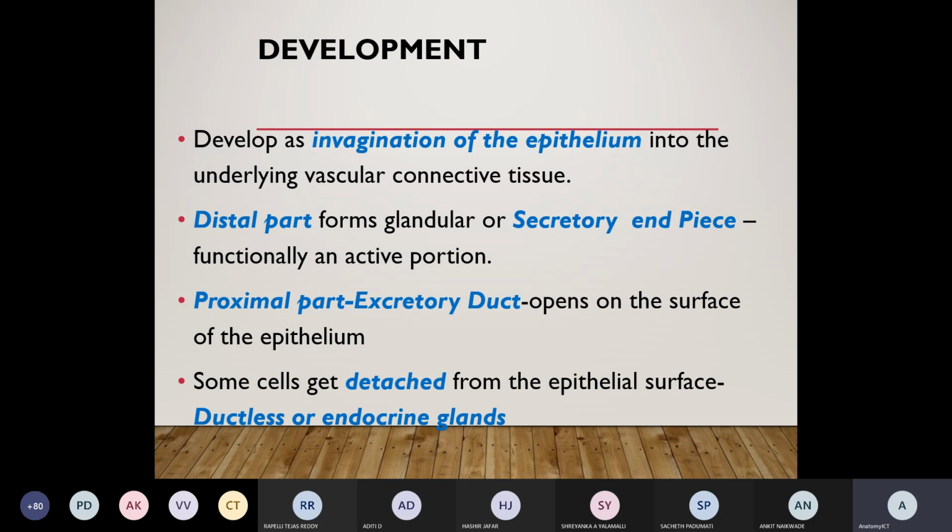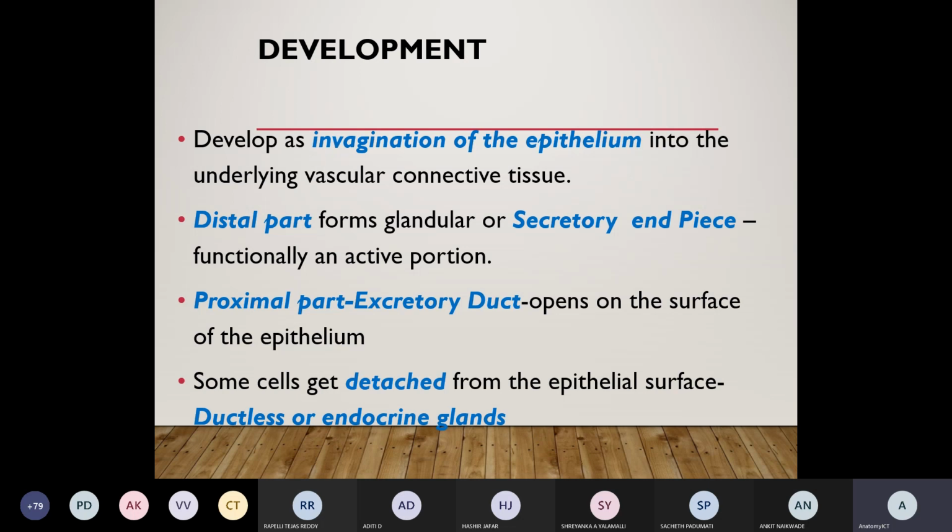So during development these vessels reach the peripheral part or the end part of the epithelial layer, whereas the distal part forms the glandular or secretory end piece, a functionally active portion. The meaning is that the lower, inner or most peripheral segment of the glandular area is the secretory end piece, so the whole gland and duct as well is an active part which secretes continuously. A gland means a tube, and the tube also contains cellular elements that secrete, to prevent damage as the secretion slowly moves from one end to the other end. So from the distal part it is secretory,